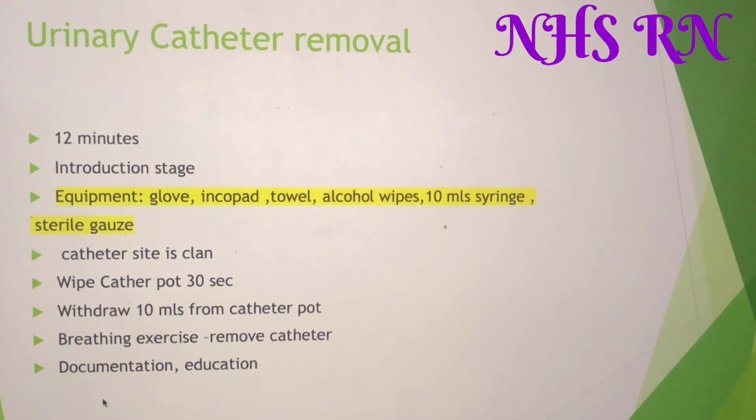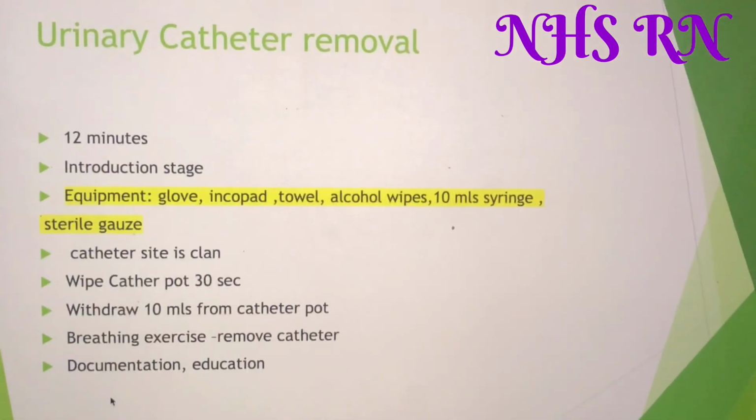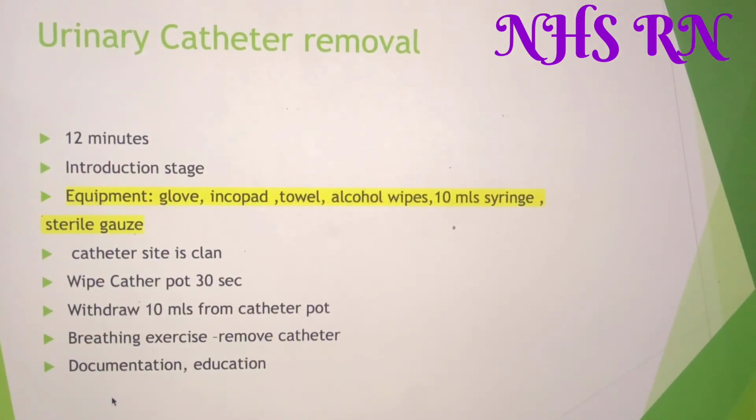That's very easy. If you get urinary catheter removal, in the introduction stage the examiner will say that all necessary safety checks and ID checks are done. Then you can go directly to the procedure station. So prepare that way as well. That makes you confident and saves your time. I have made a video about that as well, so if you have concern, watch that video, it helps you.